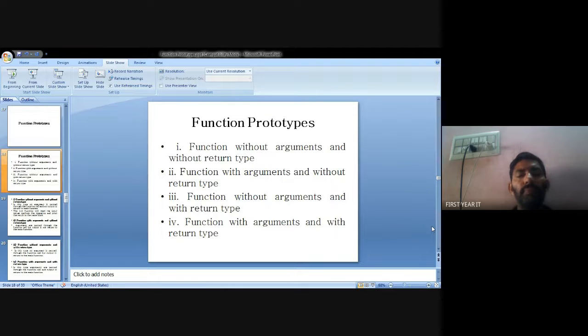Third, function without argument and with return types, which represents no argument and return types. Finally, function with arguments and with return types. This is the 4 ways of function prototypes.